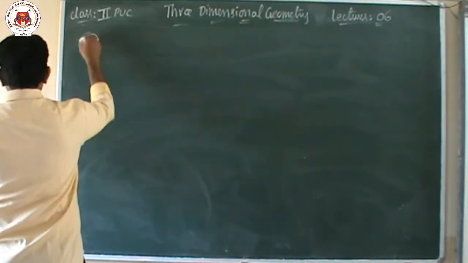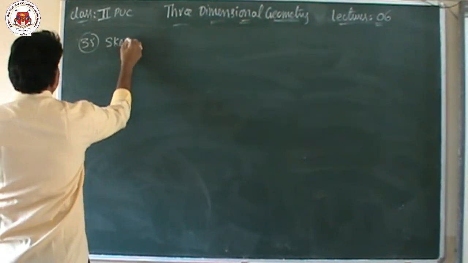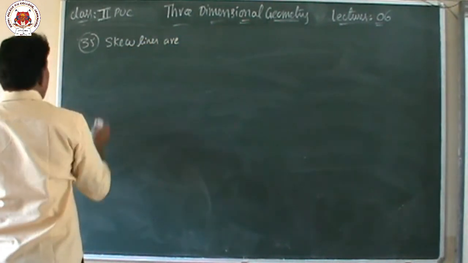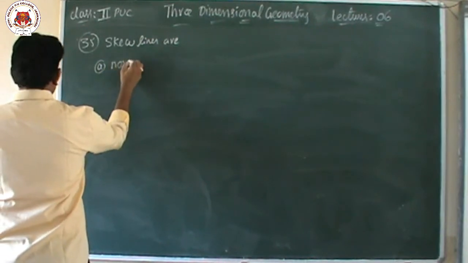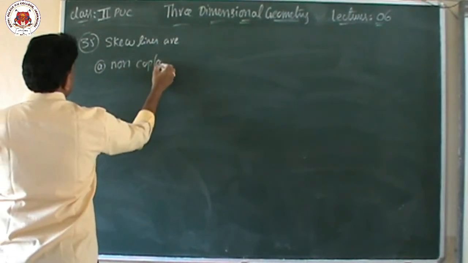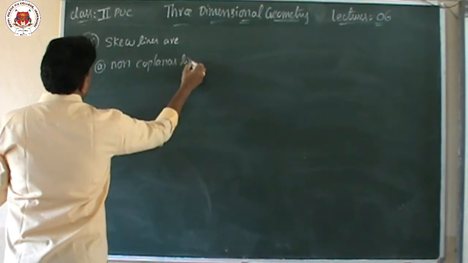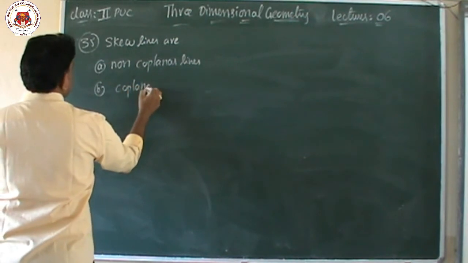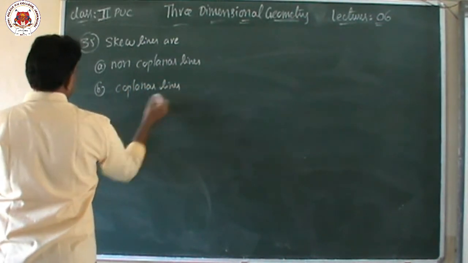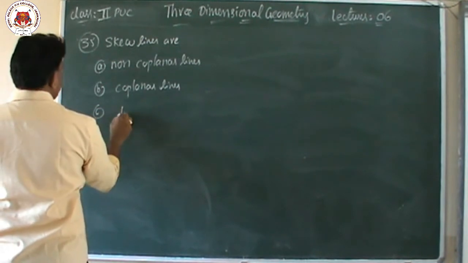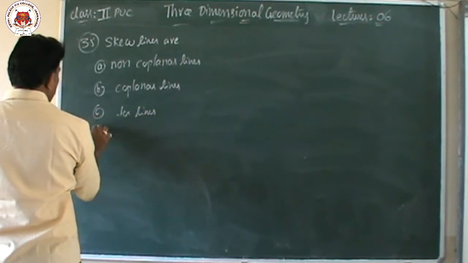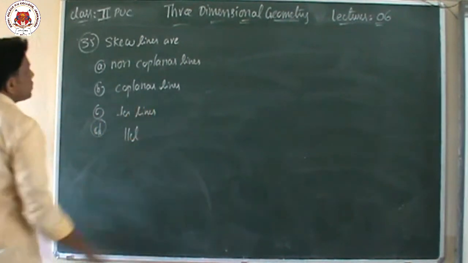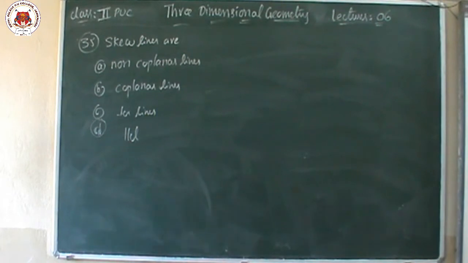The 35th question is: skew lines are. Options are given: non-coplanar lines. Second option is coplanar lines. Third option is perpendicular lines. And the fourth, last option is parallel lines. So, skew lines are...